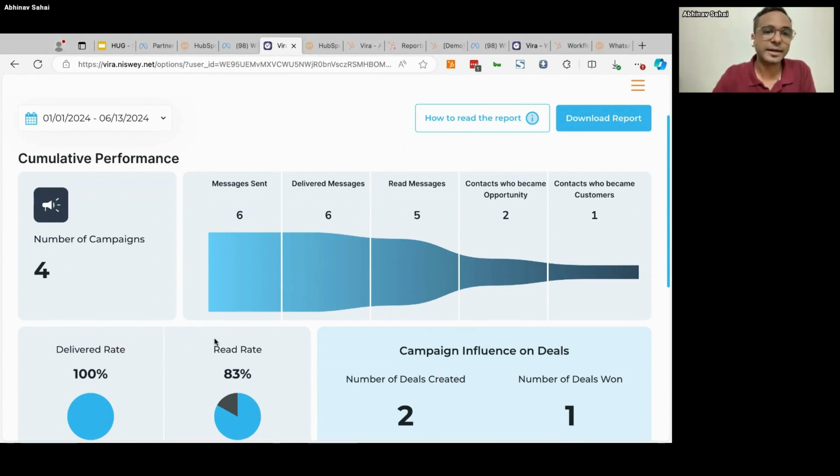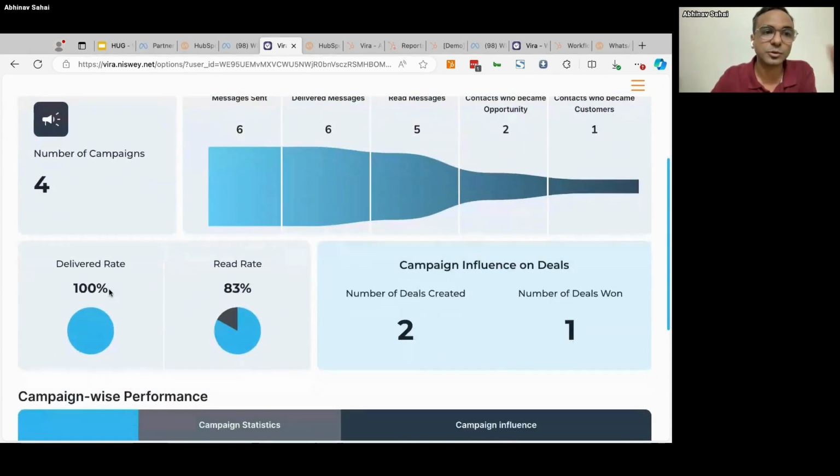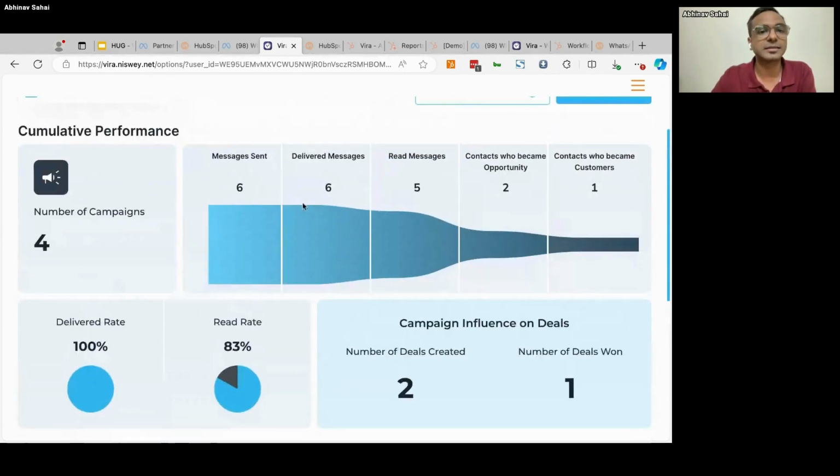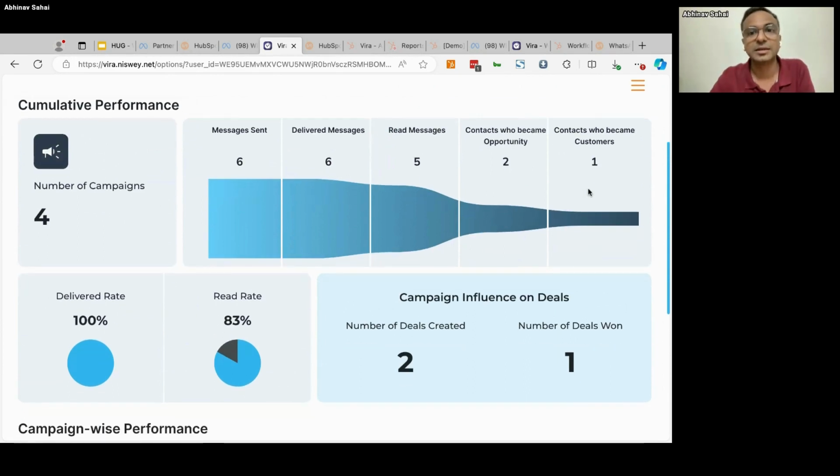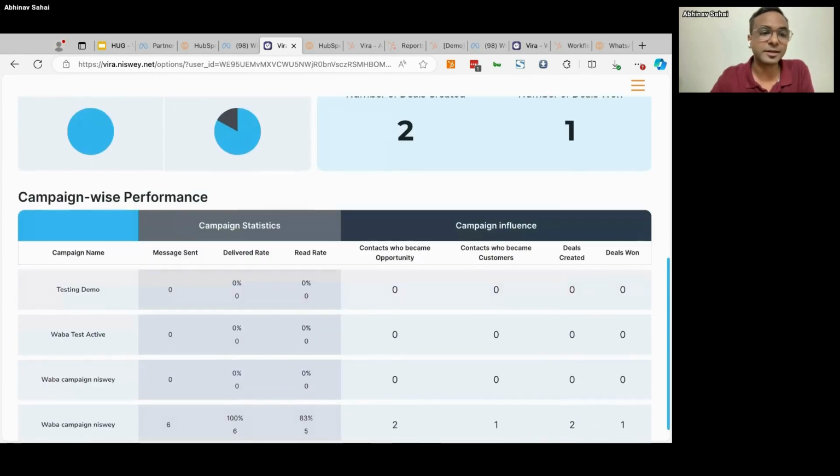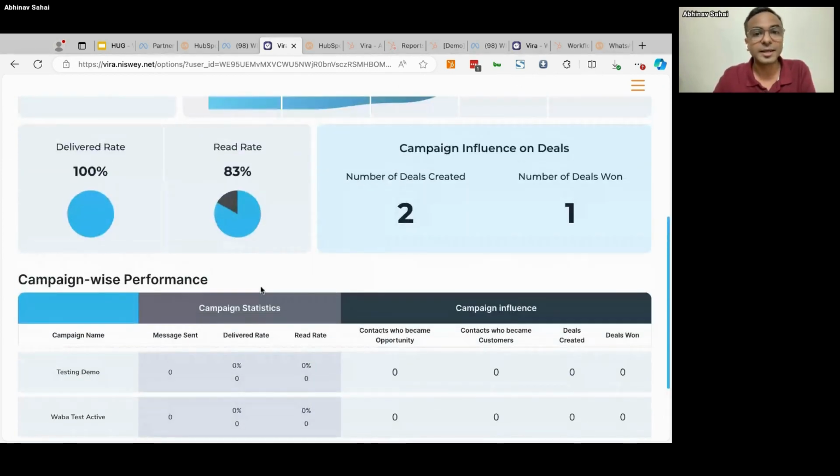And the whole idea of using Vira was that, okay, we can do this. We can look at our campaigns, we can see messages sent, how many people actually got it, how many saw it, how many became opportunity, how many customers converted out of these WhatsApp campaigns. Even if there are some people who are already part of those deals and you're sending a WhatsApp campaign, then